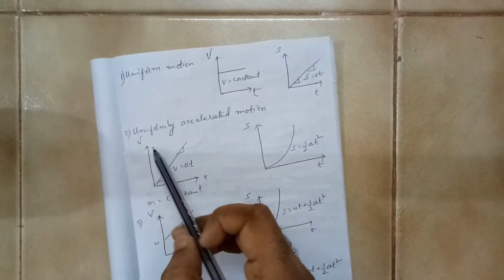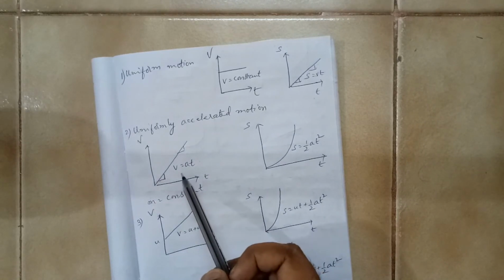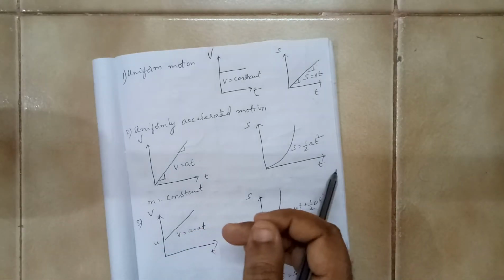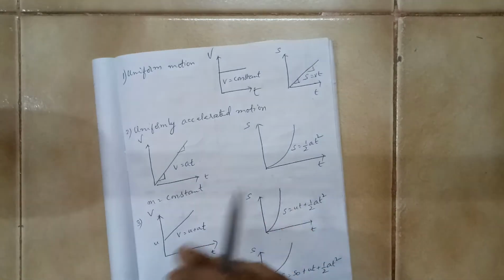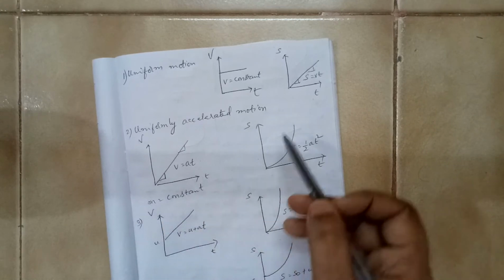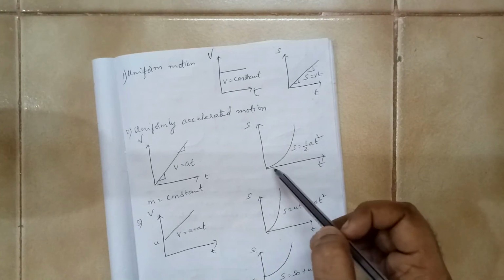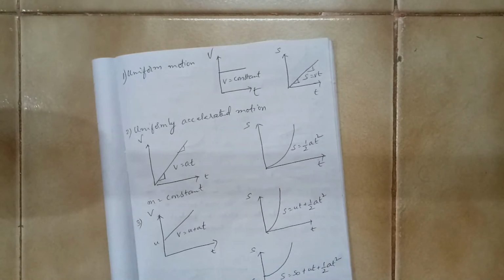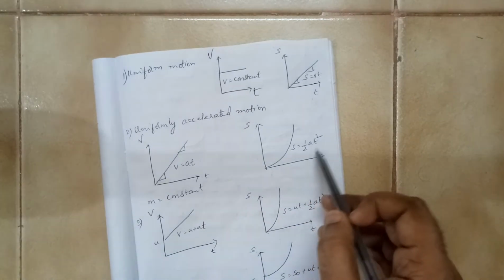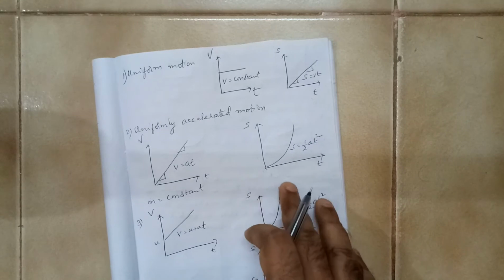Uniformly accelerated motion. You see this graph here, what is happening? The slope of the VT curve, what will it give? Acceleration. Is it changing? No. If the acceleration is not changing, you call it uniformly accelerated motion. If it is changing, then it is a non-uniform motion. Simple, straight. So here you have another graph like this. This is an S versus T graph, and this graph has been shown like this, the shape. It is starting from 0. This graph is x is equal to half at square. In this case there is no initial velocity.